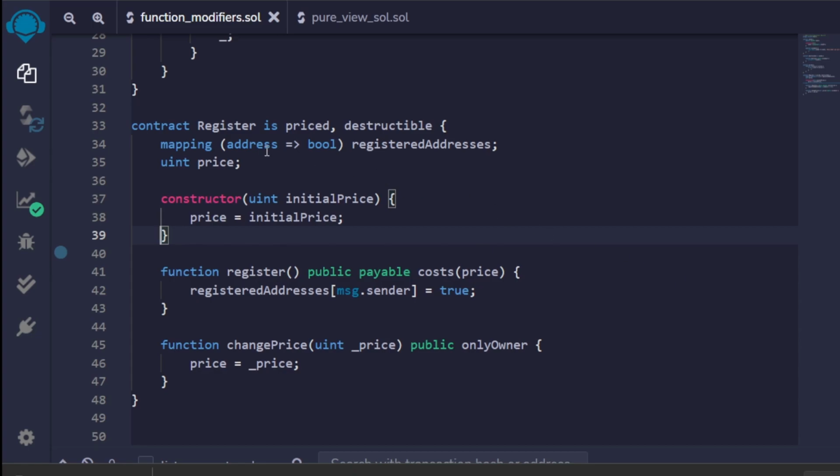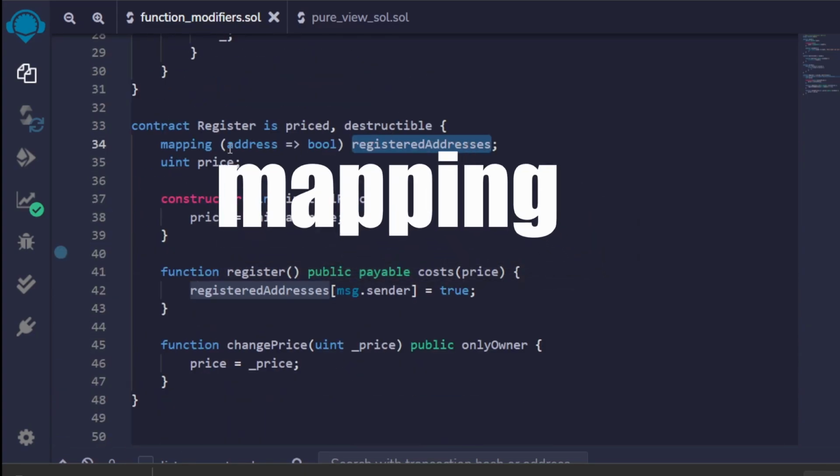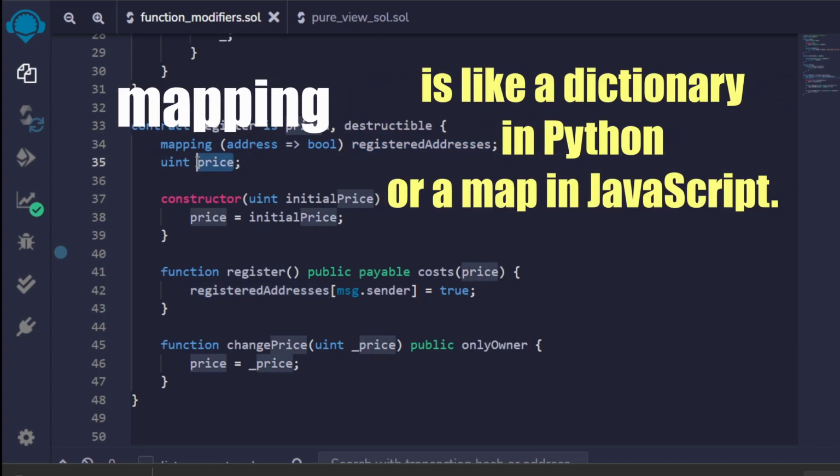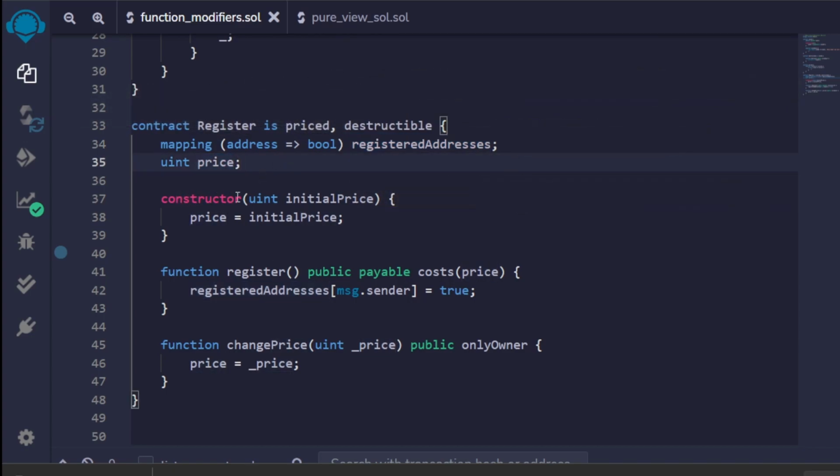So here we have the register contract that inherits from priced and from destructible. It has this registeredAddresses mapping and this price uint. When deploying the contract, we have to provide the initial price that will set the state variable price inside the contract. In here, we also have this register function that is public, payable, and it uses this costs modifier defined